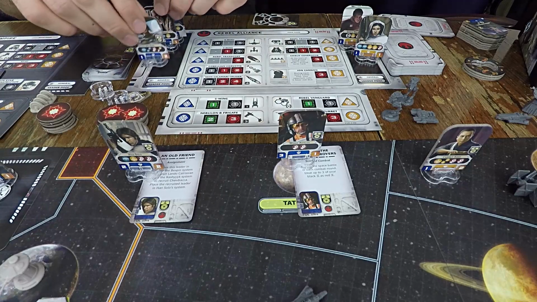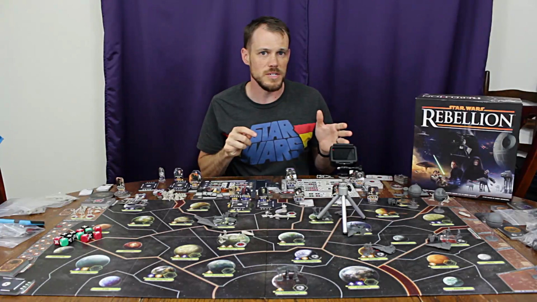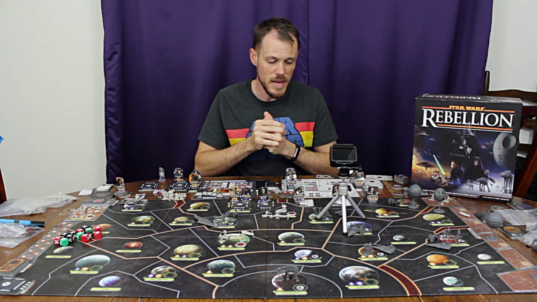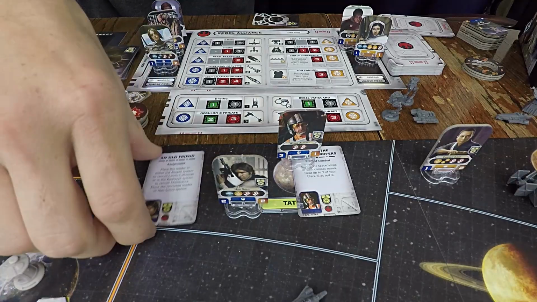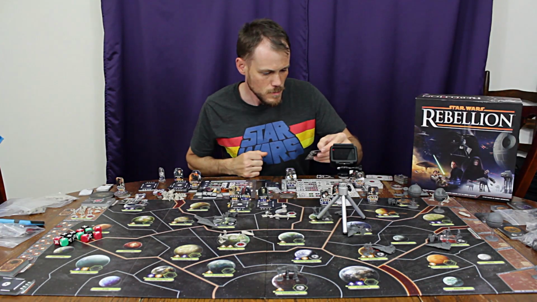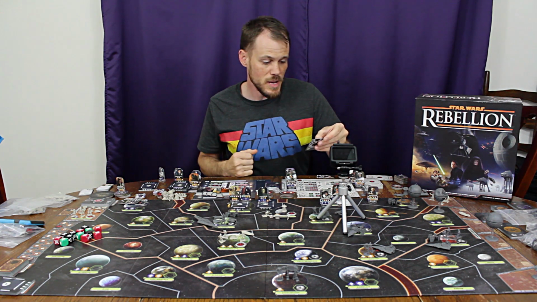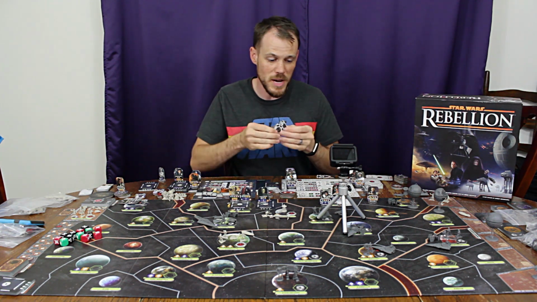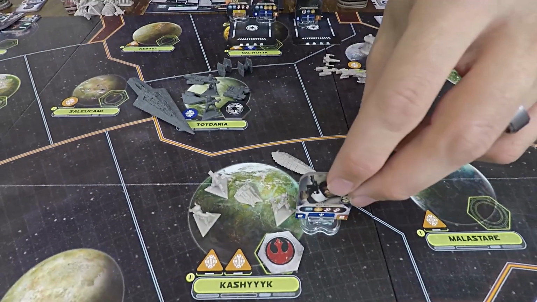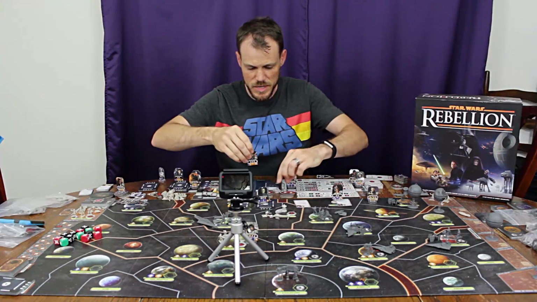Leaders can also go on special assignments. Now these are outside of mission cards, these are from the special action cards. And take Han Solo for instance, he can find an old friend, either place him in Bespin to recruit Lando, or in Kashyyyk to recruit Chewbacca. So he can go to Kashyyyk whether there's Imperials or Rebels there or not, and then he's going to get good old Chewie